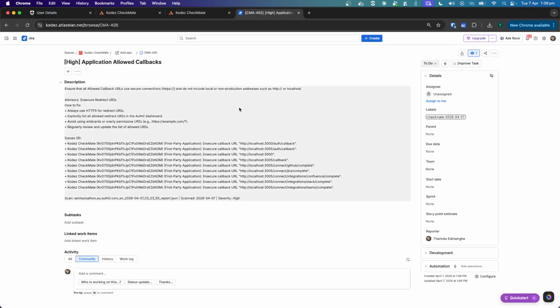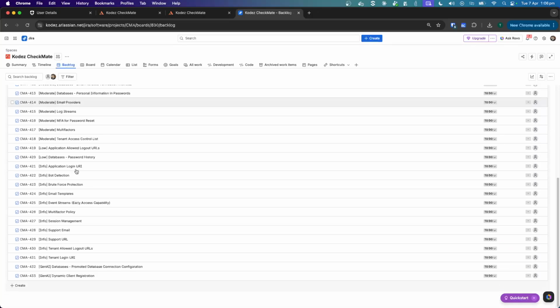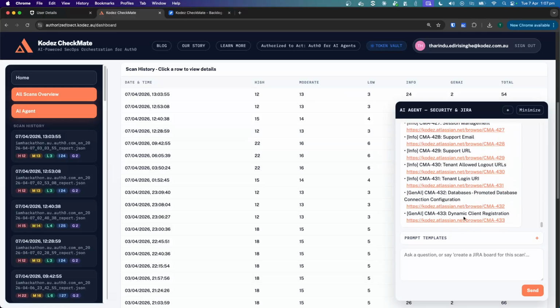And then you can see here this is the ticket that got created. And if I go to the Jira project, and if you go to the backlog, you should be able to see all those tickets created here. They all got created through this platform. Right, and then you can combine